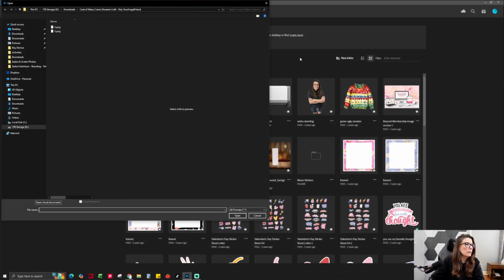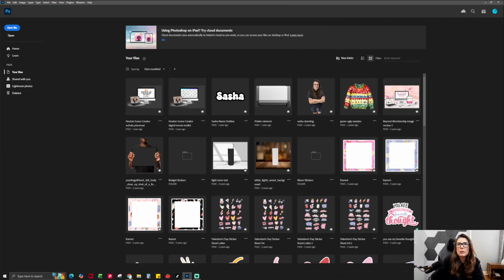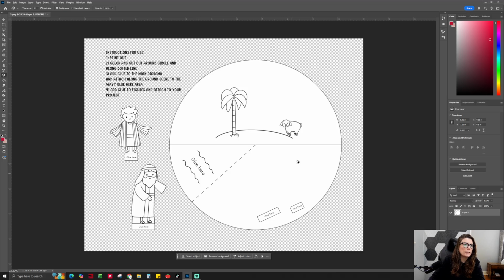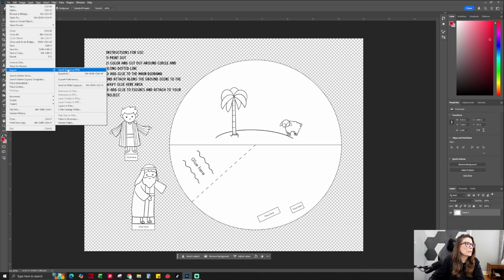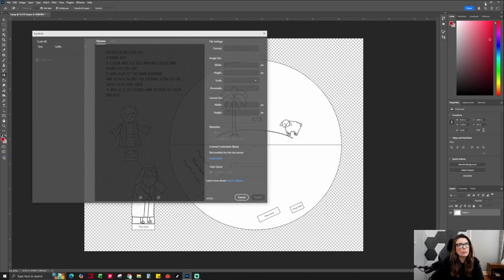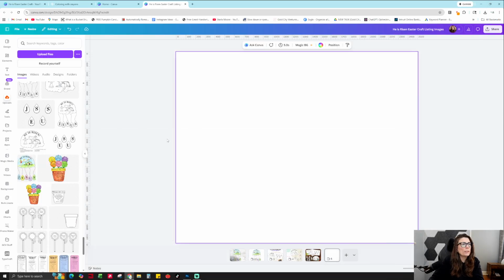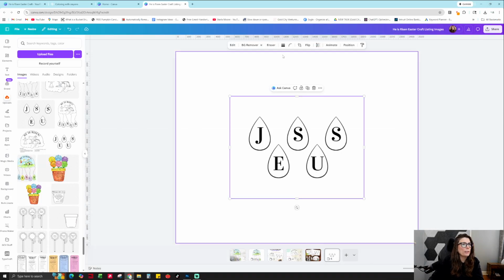So file, open, and I'll open something. Here's a diorama craft where it would do the same thing. If you do this magic eraser, you can do this in Photopea as well, and Photopea is free. And you do that, you see how it's preserving the white space inside those graphics. Then I would do file, export as, and export that, and that's what I would bring back into